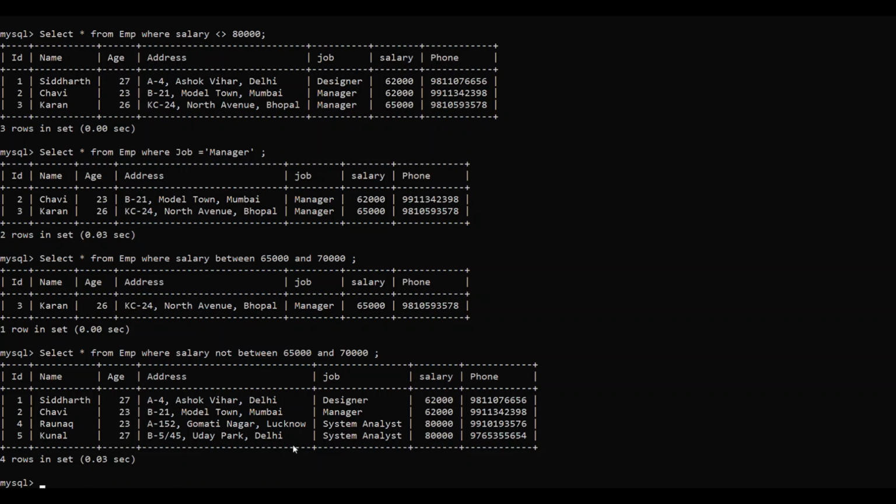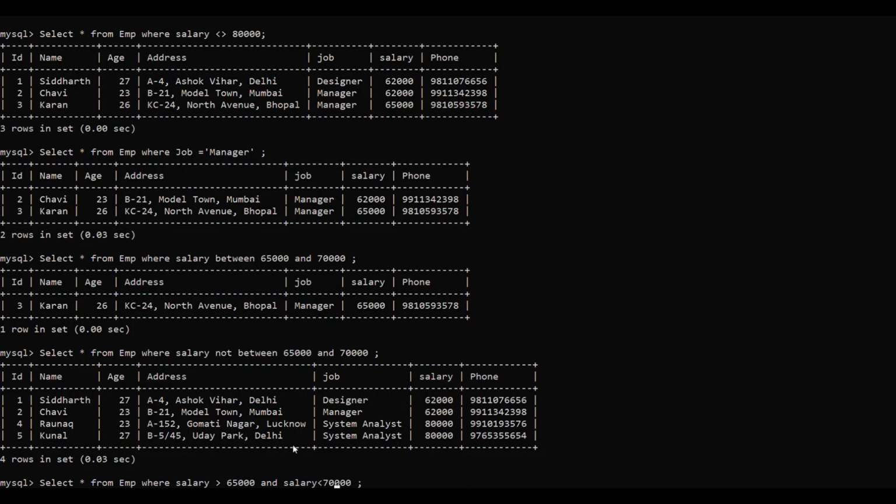The between clause can also be written with the help of relational operators, that is greater than equal to. If I do not want to use the keyword between, or I can say if I want to give you an alternate for using the between, I can write it where salary greater than, let us say, 65,000 and salary less than 70,000.